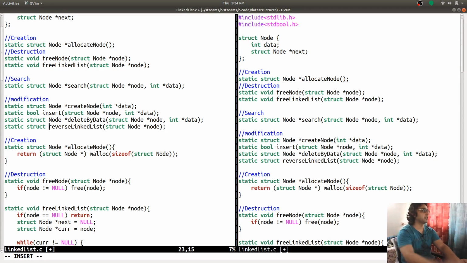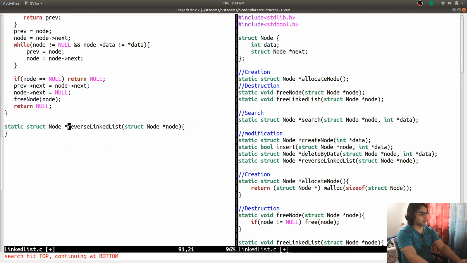So we need an updated head, and I have made the changes.